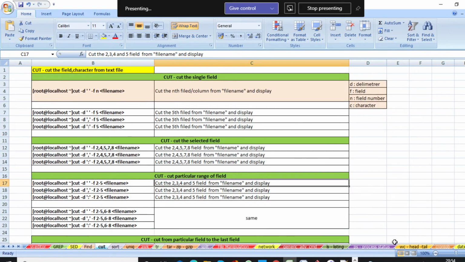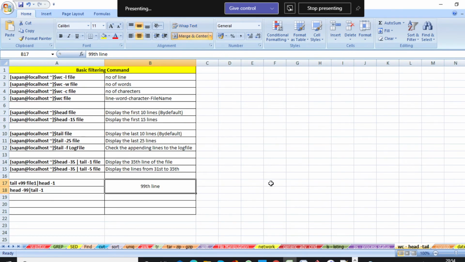That's it for the cut command. Let's go to wc. This is a filtering command actually. wc shows length: the number of words, number of lines, and number of characters.